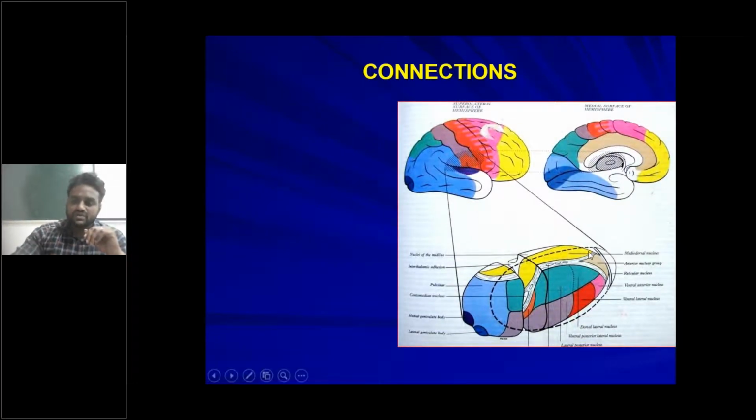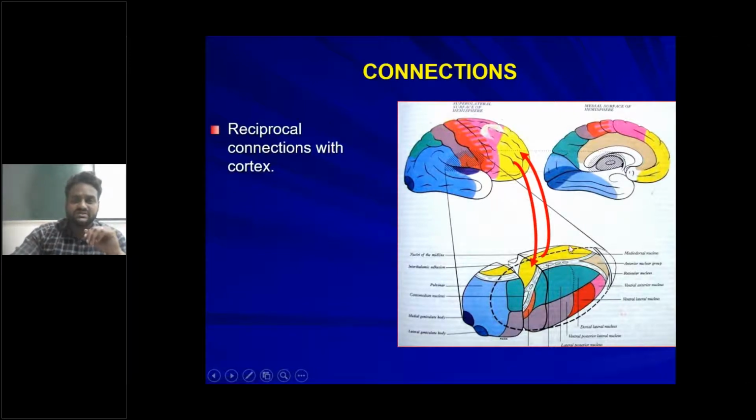So this thalamus is connected with the cortical areas of the cerebrum. Okay. So in reciprocal connections, that means it gives fibers to the cerebrum and receives the fibers from the cerebrum. So reciprocal connections with the cortex of the cerebrum, that is one type of connection. Then another type of connection, interthalamic connections in between the nuclei of the thalamus. So there are two types of connections. And now we come to them one by one.